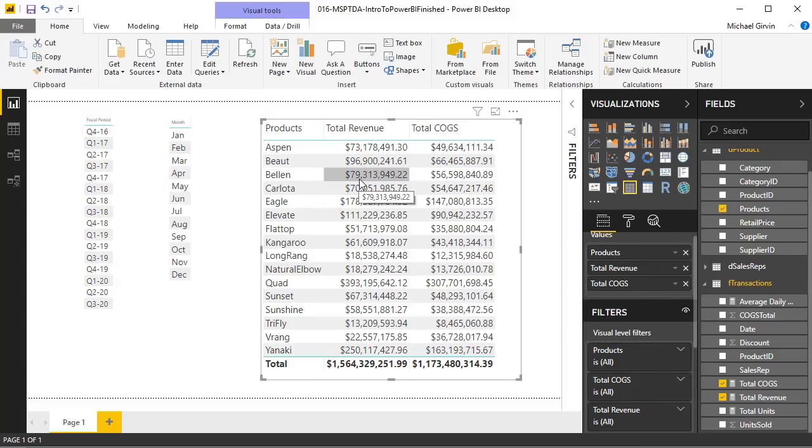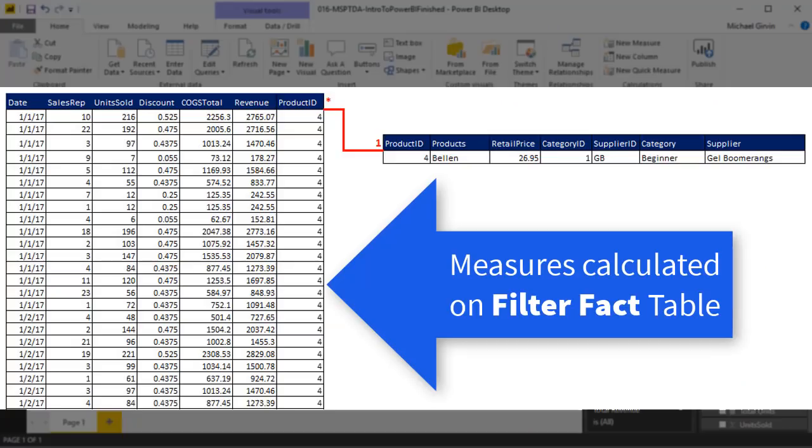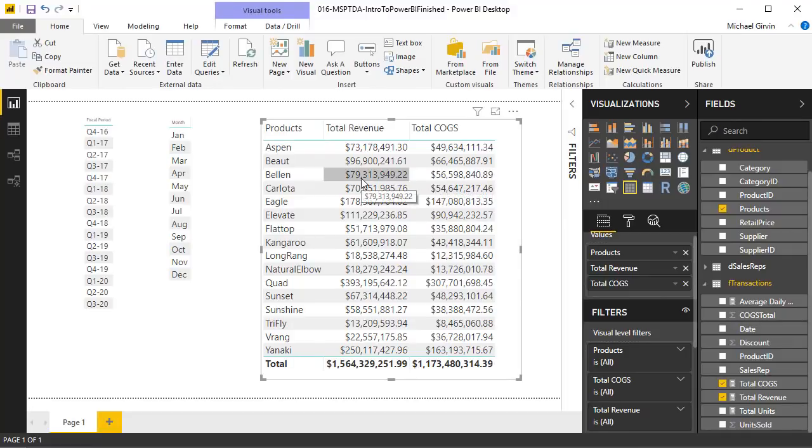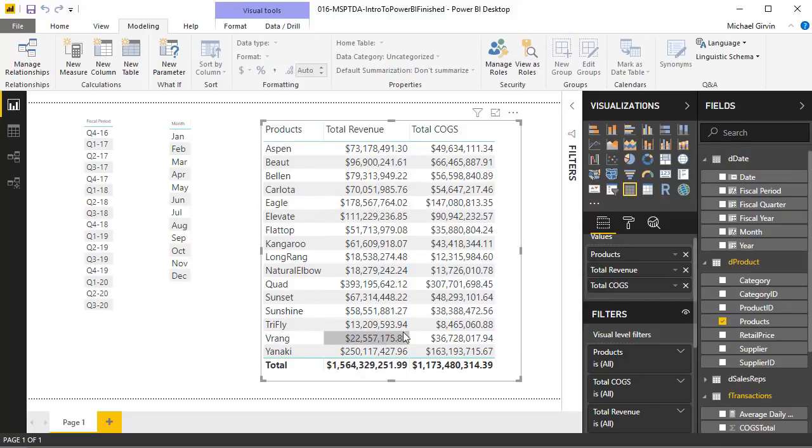Then the measure total revenue or cost of goods sold makes the calculation on the filtered fact table. That's why it's called filter context. Here, the fact table is filtered down to Belen. Here, it's filtered down to Carlota, and so on. All right, filter context. Now we have a few more measures we want to create over in data or table